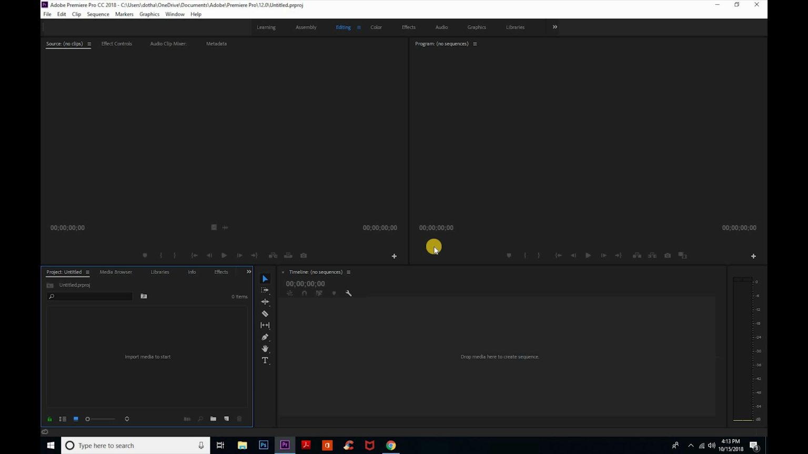Because this is a new project and I have not done anything to this, this is a clean default project. As you can see, everything inside Premiere exists as windows. We have the Source window right here. You click on this blue rectangle. There's a program window, there's a timeline window, there's a project window,